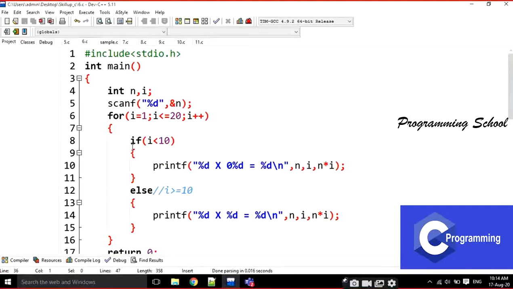For every table, I have to do this. For example, if I execute it and give 5, how many times is it repeating? 20 times. I execute it again with 3. It also repeats 20 times. Why? Because my question is to display the multiplication table, any multiplication table, for 20 times. That means my value is fixed every time. I have to do only 20 steps. Then I go for a for loop. Not only 20 steps; for example, if it is 100 steps, we know exactly how many steps we are doing.